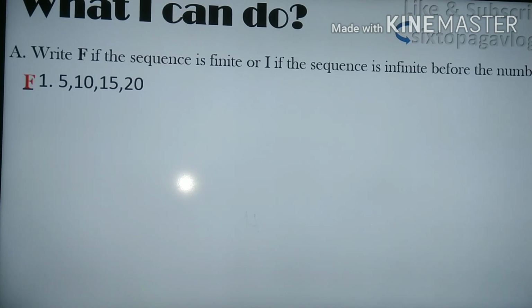The answer is F. How about question number 2? What is your answer? The answer is I. How about question number 3? What is your answer? The answer is F. Okay. So let's proceed to